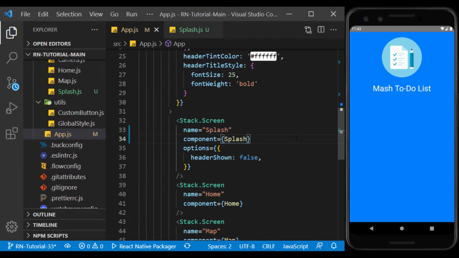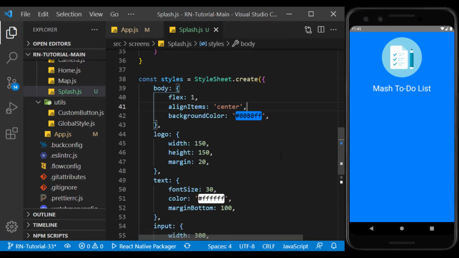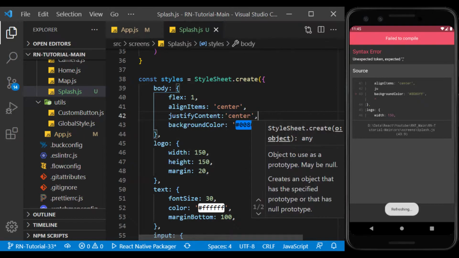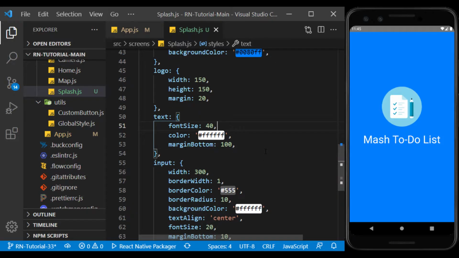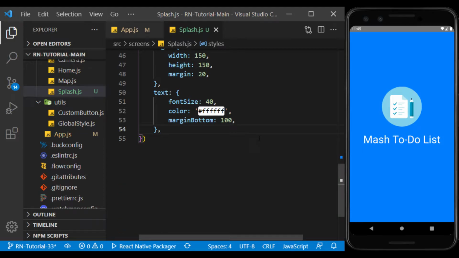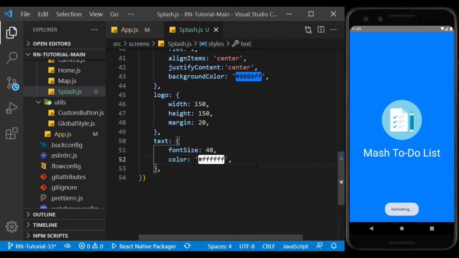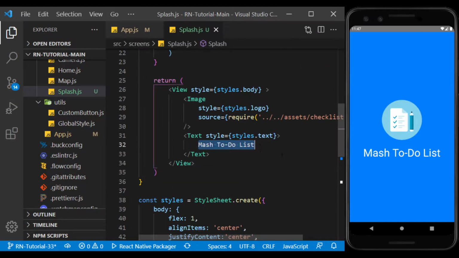Well, now I will change the style of this page a little to make it look better. I want to use a custom font for the title of the application.